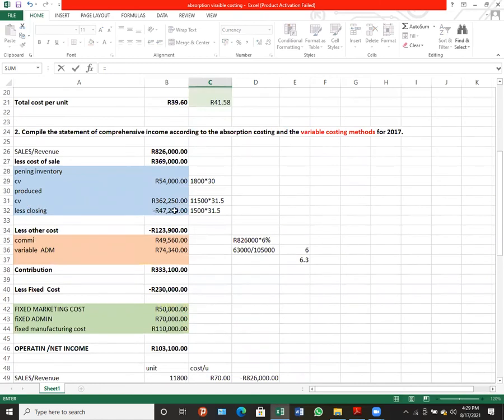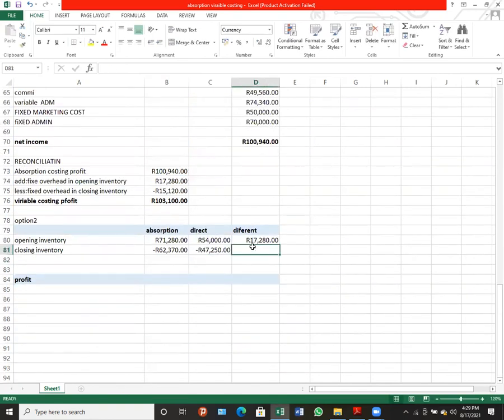Closing of direct costing is this one. And then here, guys, you give me the difference. This minus this gives me this. Here, guys, I'm going to say this minus this, and I get